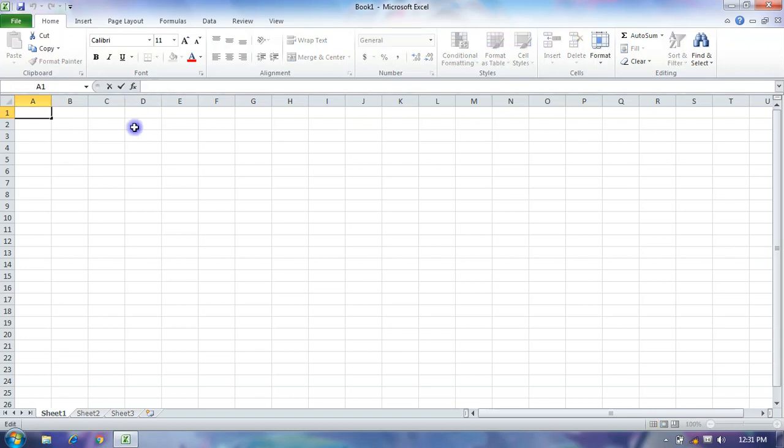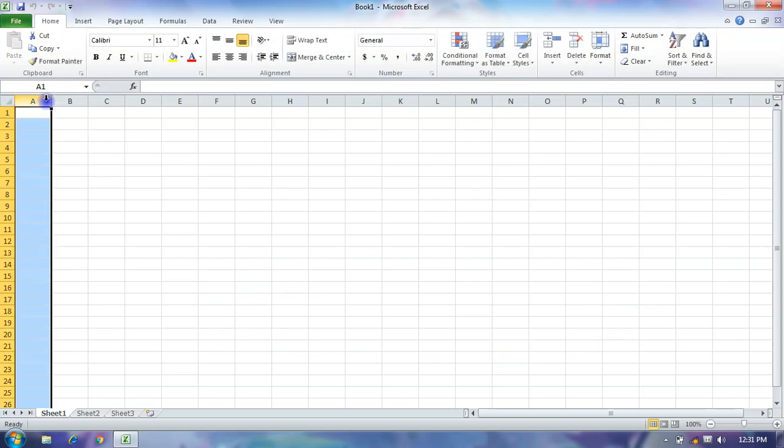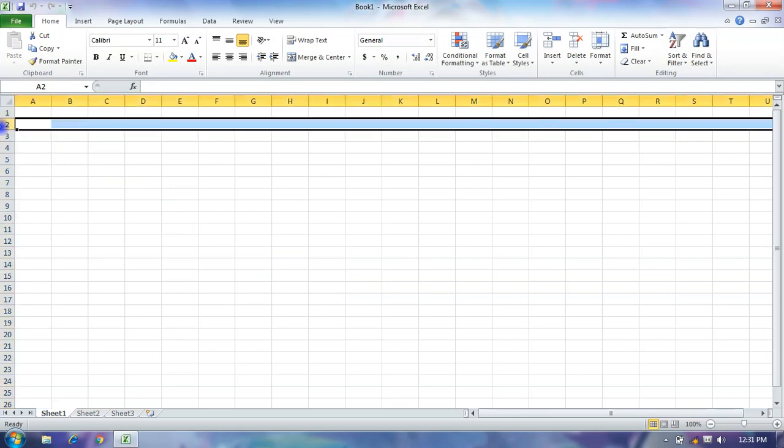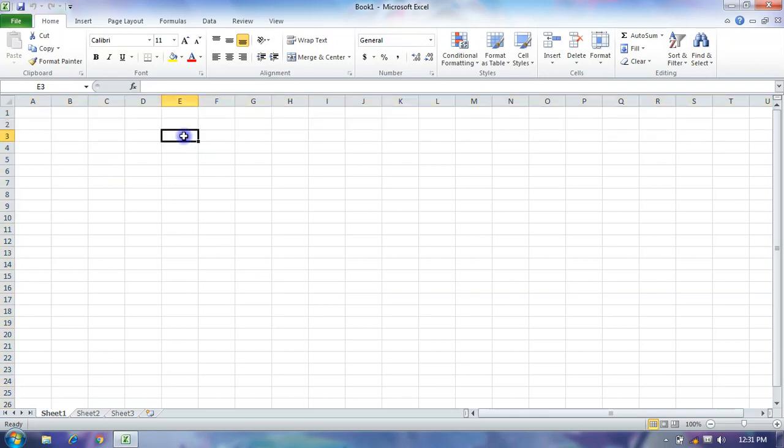This is the formula bar, and this is the work area. You can call it a worksheet. These are columns. These are rows, and the intersection of a row and a column creates a cell. And this is the status bar.